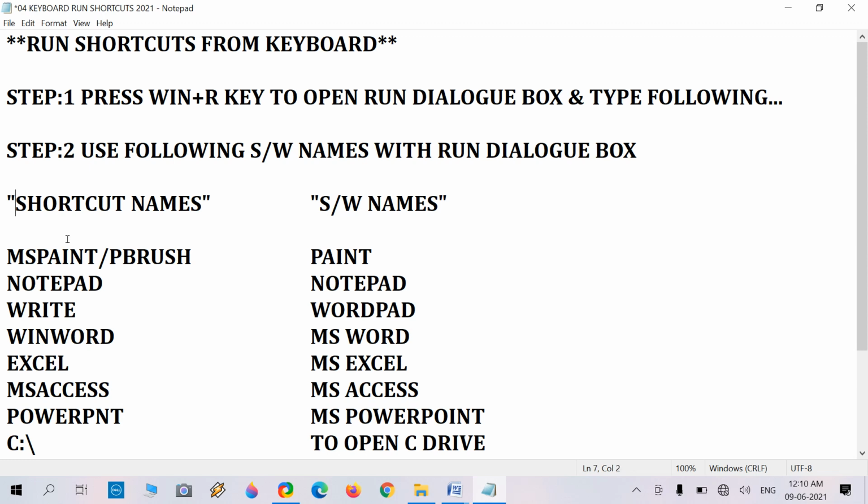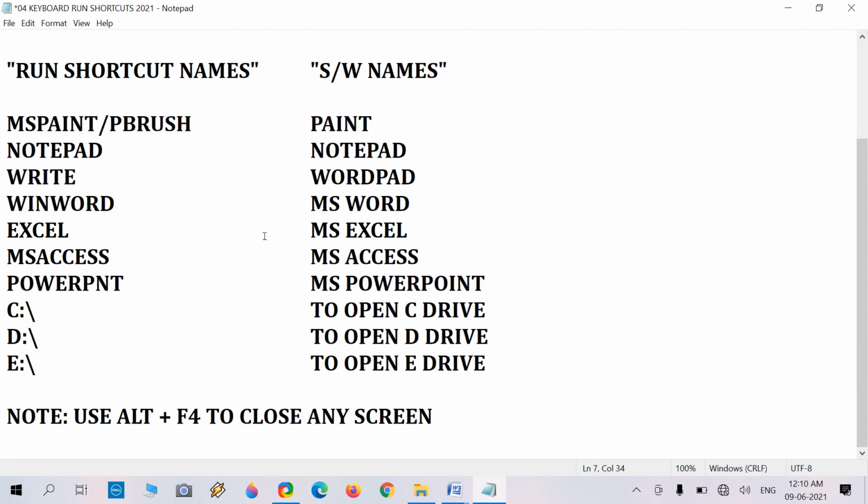Here they are, the Run shortcut names. These all are software names, and these all are Run shortcut names. So if we need to open Paint, then use MS Paint or PBrush. MS Paint is two terms, not one term. Or use PBrush without any space.